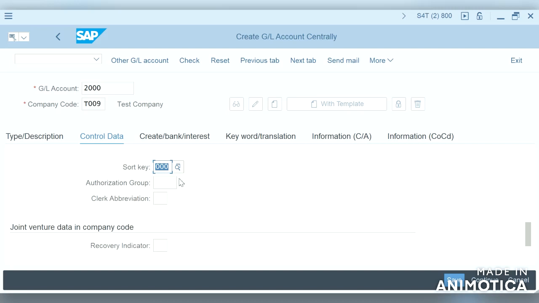Authorization group is used for sensitive GLs. Client abbreviation helps identify the responsible person for this account.